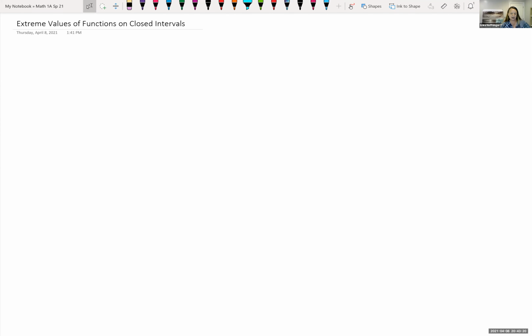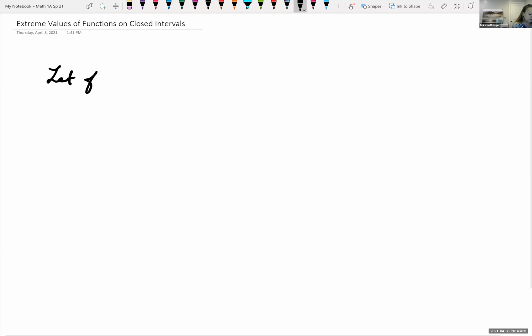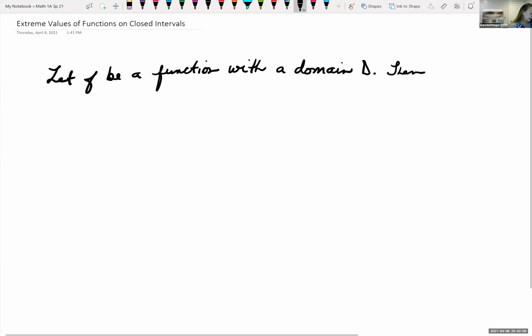So the first section in this new chapter, 4.1, is talking about the extreme values of a function on a closed interval. First thing that we need to recall is to remember what it means to be a maximum value or a minimum value. So we're going to let f be a function, and we're going to set some domain D. Then we can say f has